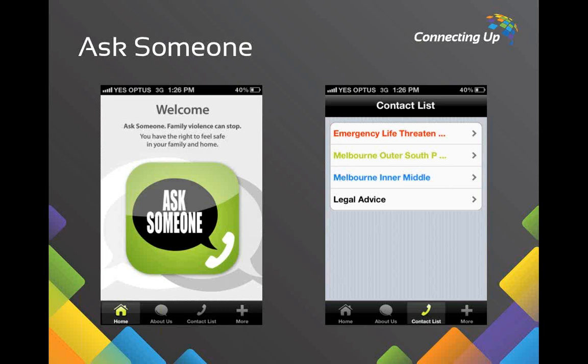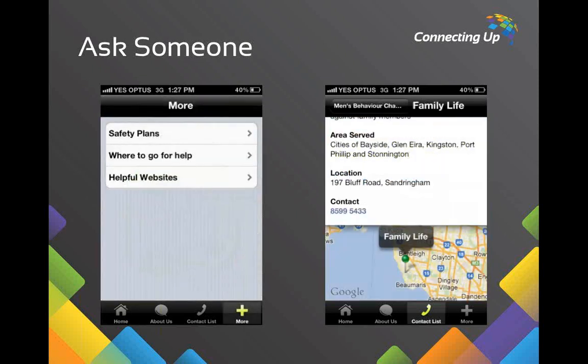So it provides people with a basic contact list. It provides people with some basic information in terms of dealing with domestic violence and getting help when you are affected by domestic violence. It also provides safety plans, and it provides maps and information on where you can go to contact people that can assist you.